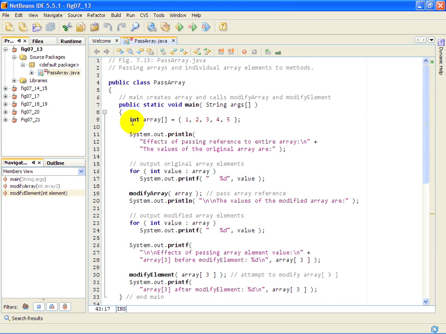So in main here, we begin by declaring the integer array called array and initializing it with the 5 elements from 1 to 5. And now we're going to demonstrate to start out the ability to modify an array that you pass into a method. So we print out first that we're going to show you the effects of passing a reference to an entire